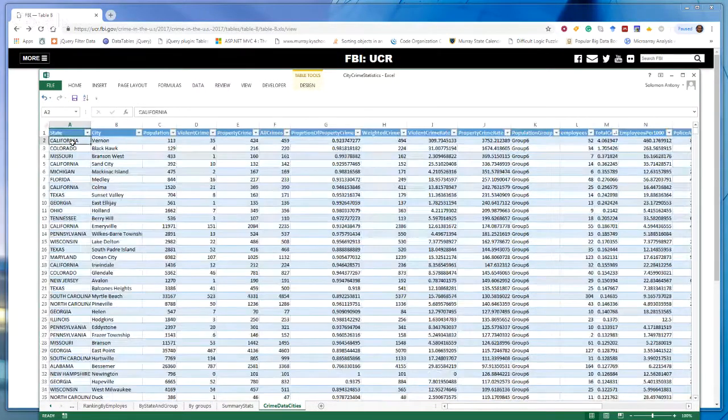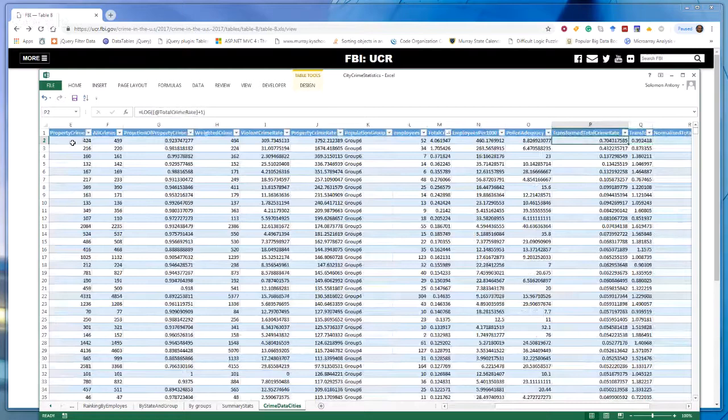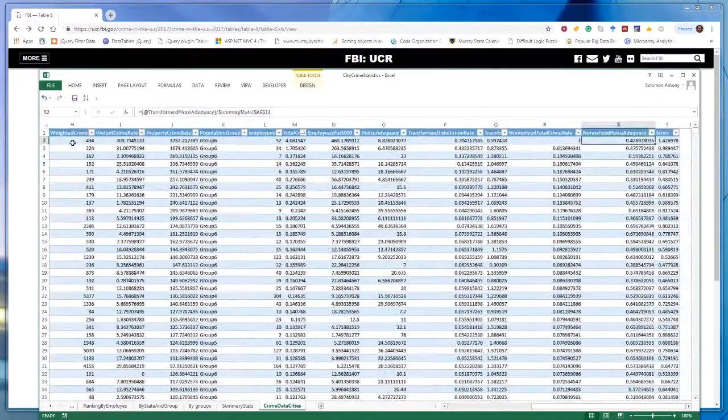There are some records with zero numbers in it, so they got dropped. And so we got data on crimes. You got property crime rate, population group, total crime divided by population is that much. And so we got total crime rate.